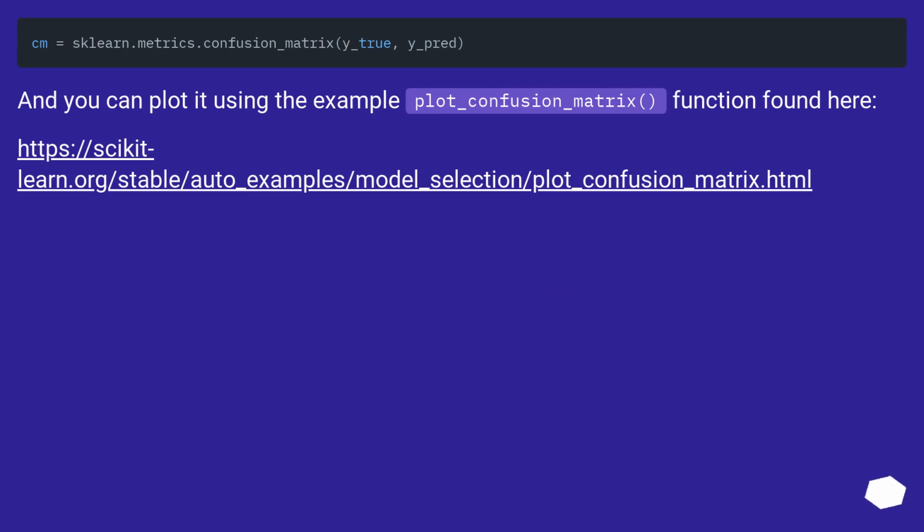And you can plot it using the example plot_confusion_matrix function found here. This URL